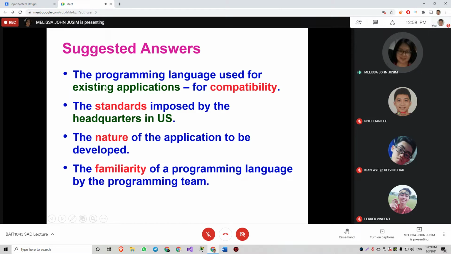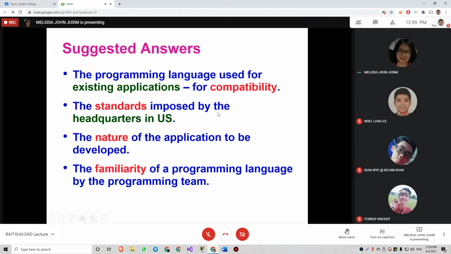The main justification is compatibility. Another factor is that if the HQ is using certain languages, then we follow the HQ's standard, as imposed by the HQ in the US.